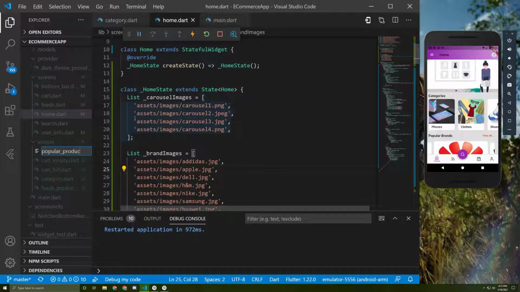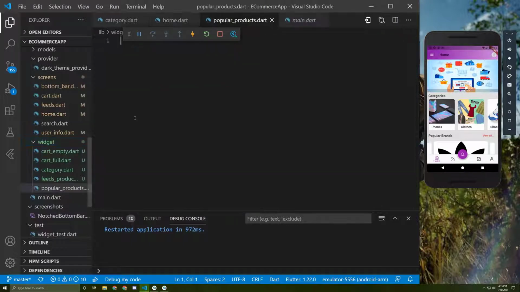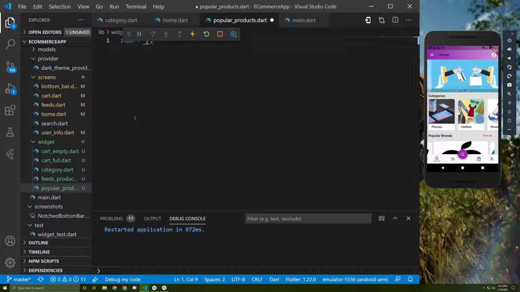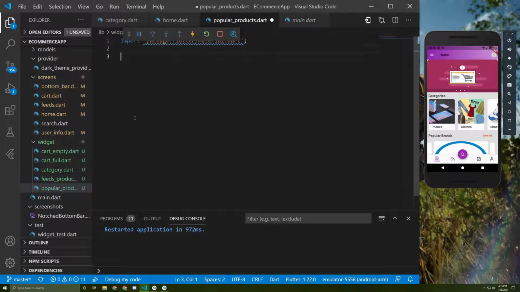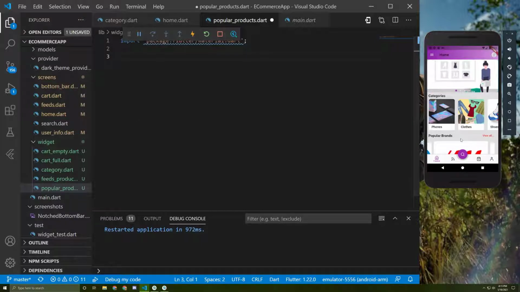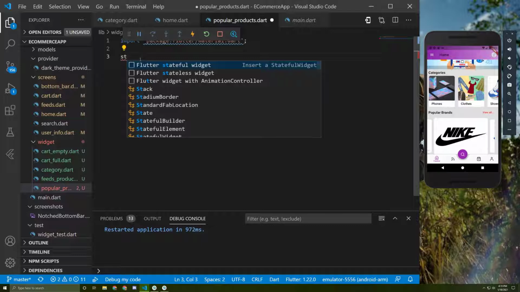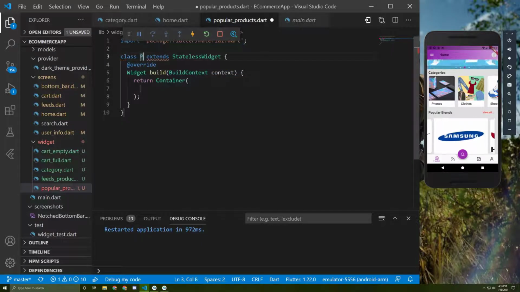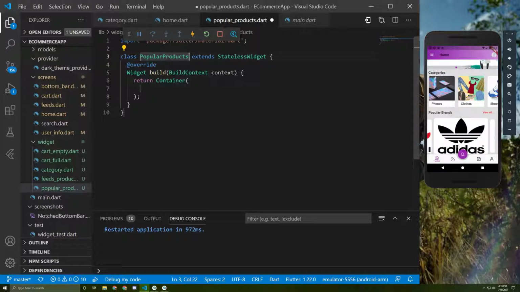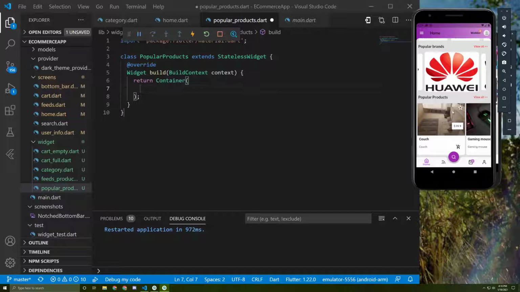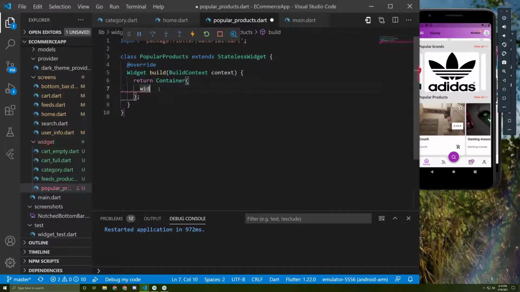popular_products.dart. Let's import the material package, and it's going to be a stateless widget. So for that, I will initialize it and name it as PopularProduct, like this. So first, let's initialize a container of width of 250,